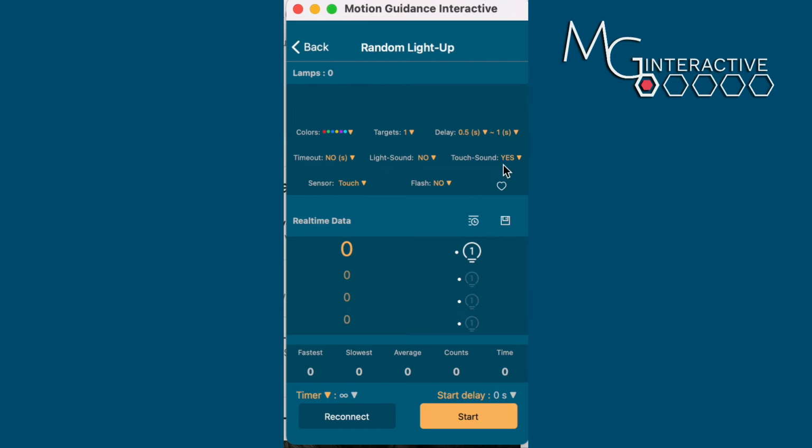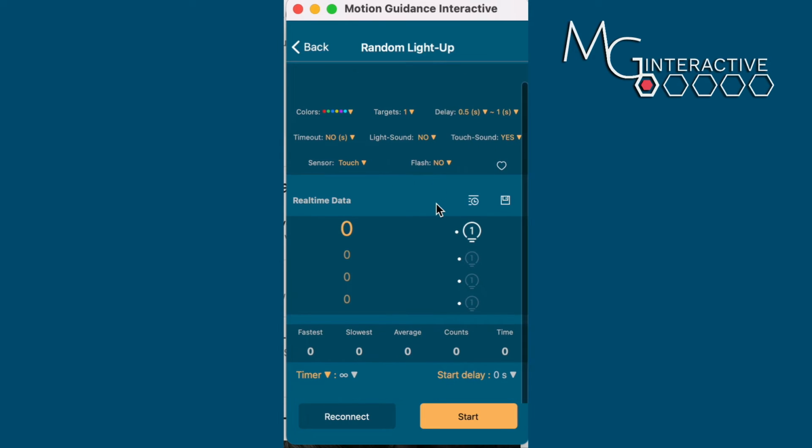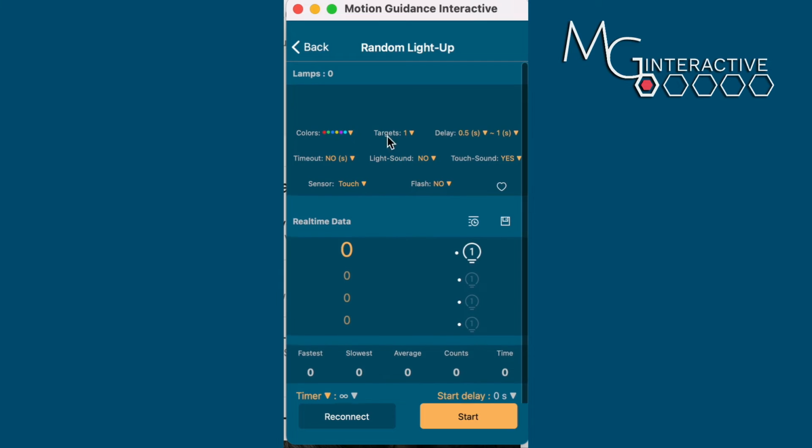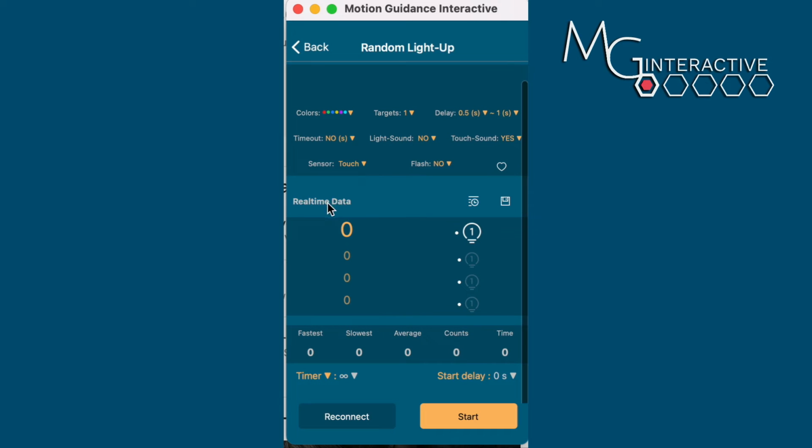These are the basic parameters on all the games. They may vary slightly, but they're all pretty much the same. And as you play the games and adjust these parameters, you'll get a feel for how you might use these differently with different clients. After the game's over, in the real-time data section, you're going to see hits and misses